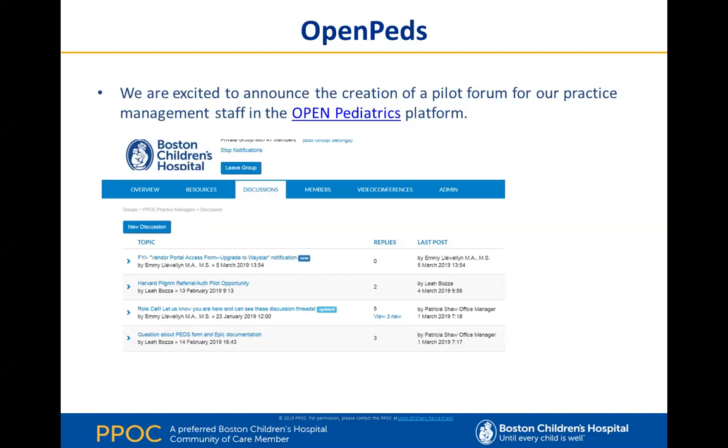On a side note, I'm thrilled to announce that the MHCCs are now starting to utilize Open Pediatrics as well. If you're a practice manager who also has a dual role and does care coordination at your practice, or are interested in joining that, you are also able to join that one. I believe there's been information shared at some of the longitudinal meetings. It's in the roundup, and MHCC communications give you more instructions on that. I'm happy to see that being used outside of the practice management staff and hope that your practices find it useful as well.